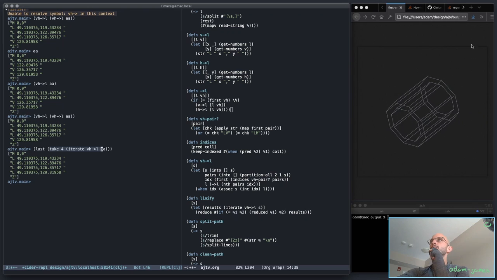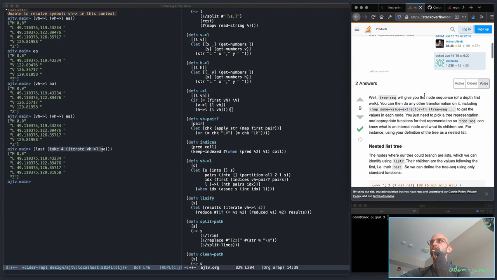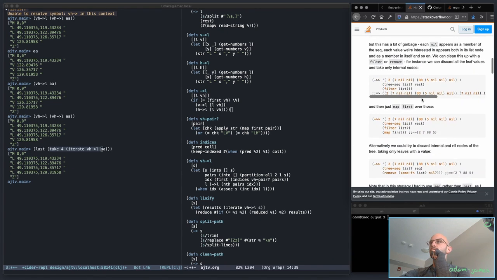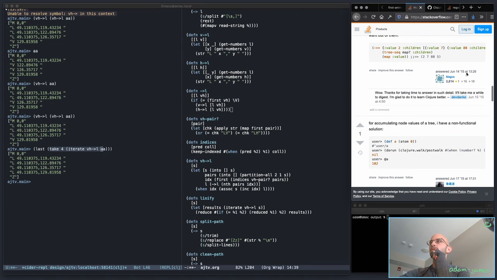And I did look it up. There is this function here from good old Stack Overflow, from 2015,